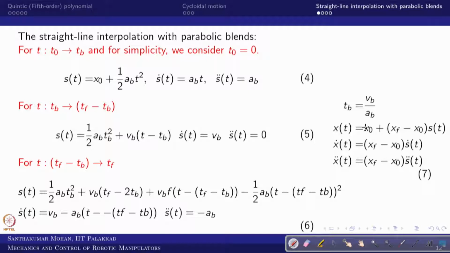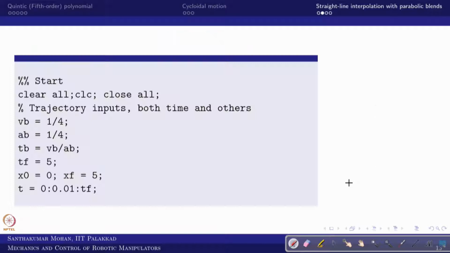So these are all complex. However, we can take this consideration and make it as s of t, and then multiply with your original x of 0. Why? Because this would run from 0 to 1, so we multiply by whatever segment you want. That's why xf minus x0 is multiplied with s, and everything comes like this. In the sense, we are multiplying that many times. So for that we are writing the code.